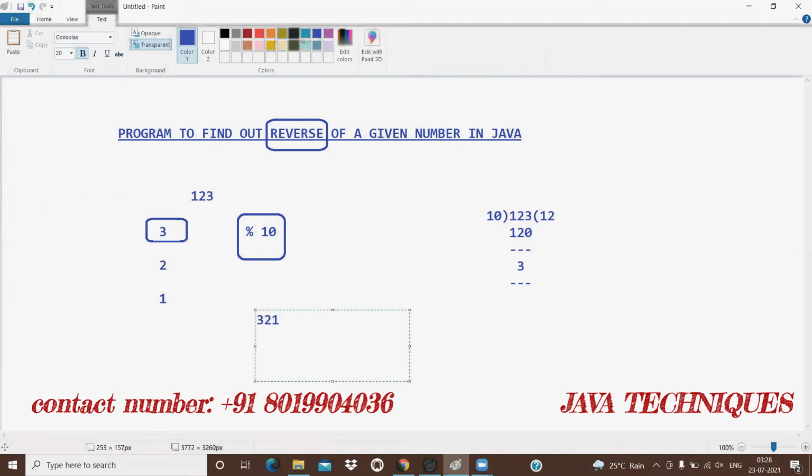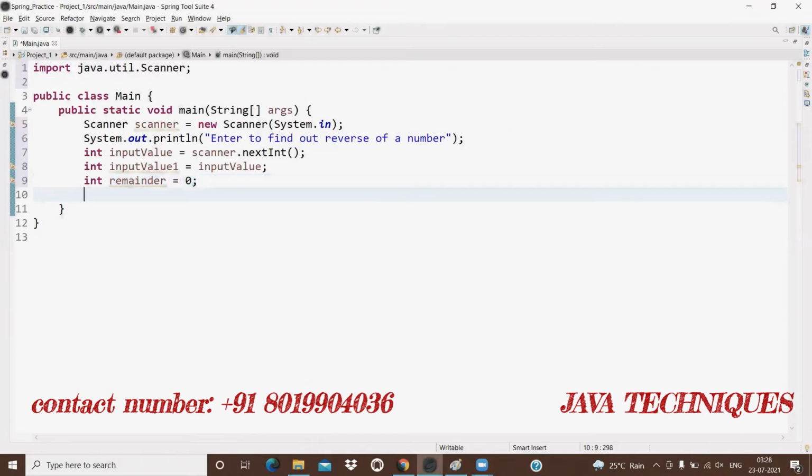For that purpose, I'm taking one variable, that is int reverse of given number, initially 0.